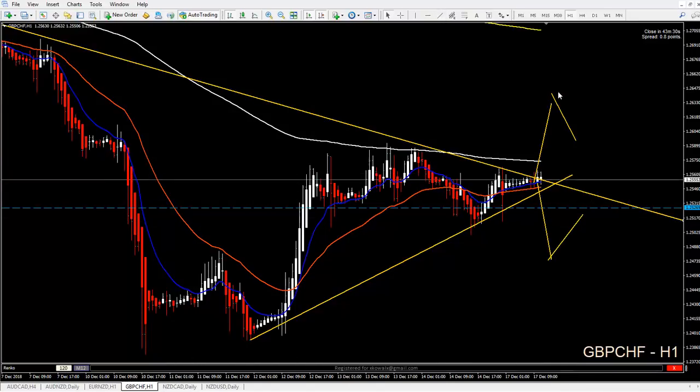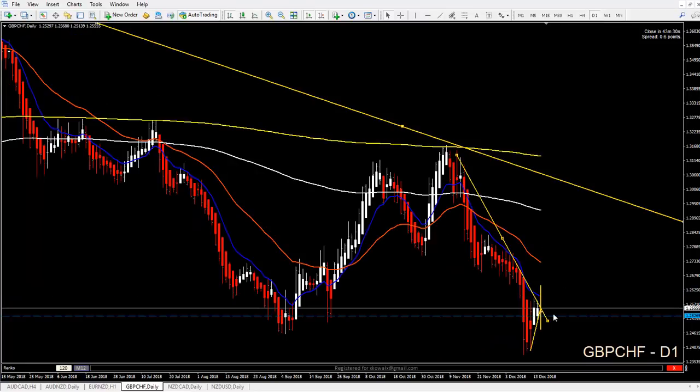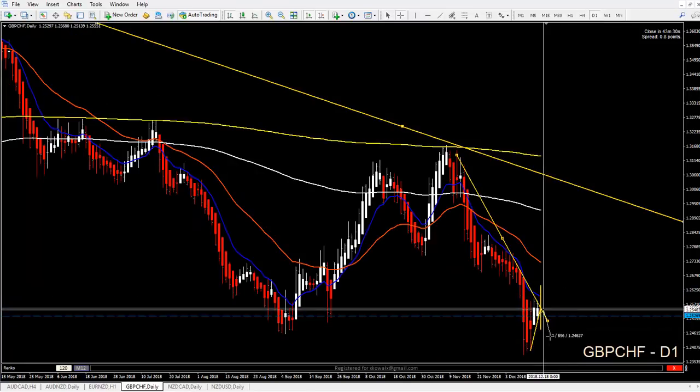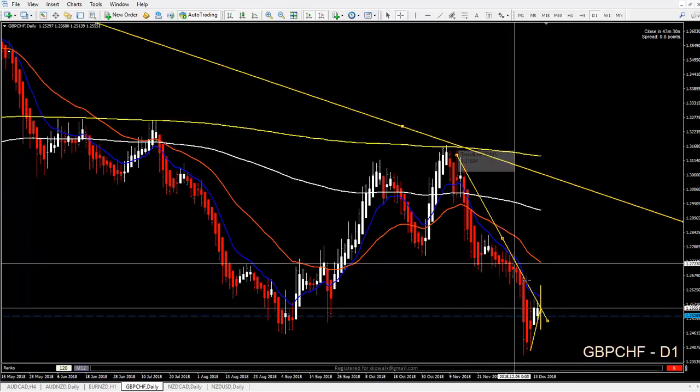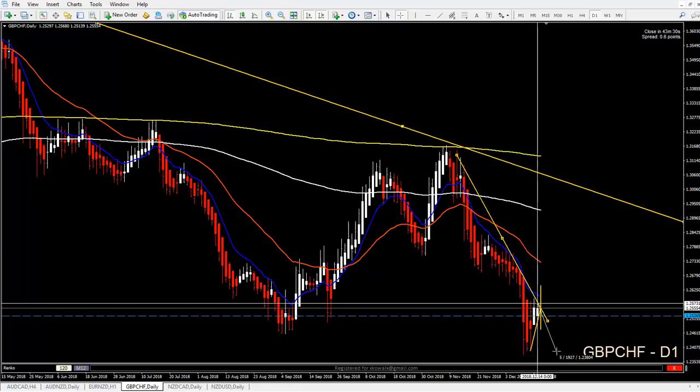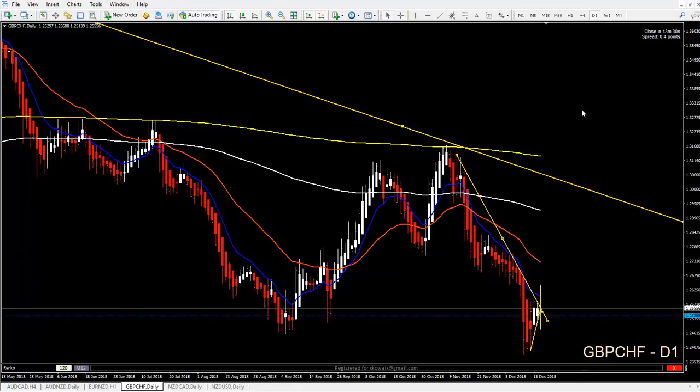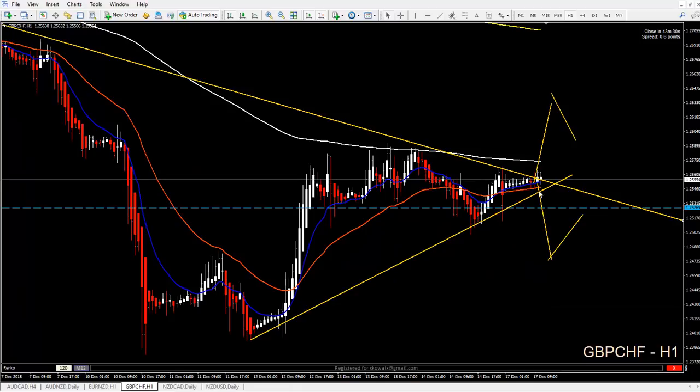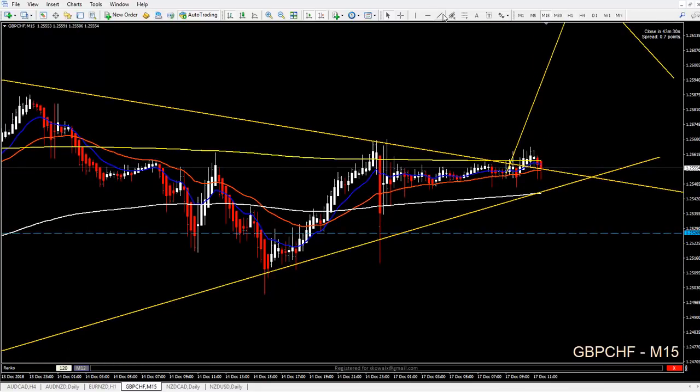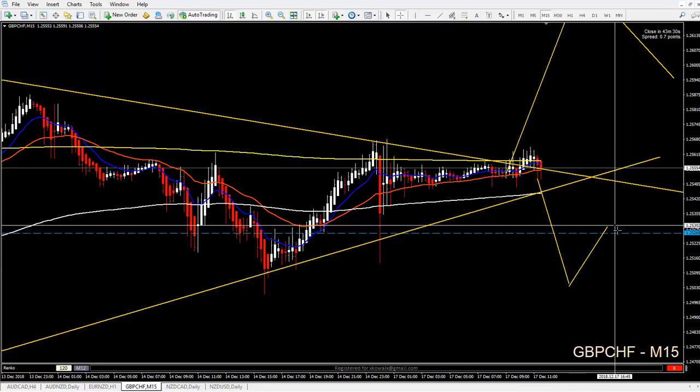Even if we are on the support level, you can still look for the sells, because price might get another spike, because we are still below the trend line, so we still might get this. But if price decides to go up, you know the targets, you know where to manage the pair, and feel free to take it. Short entries, it will be better to go maybe to the lower time frames, like 15-minute, and if you see, okay, we have volatility, price is going down, is making some setups below,